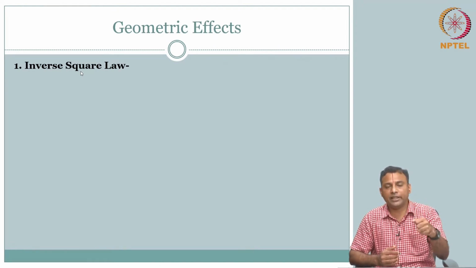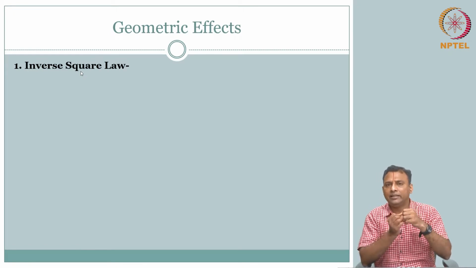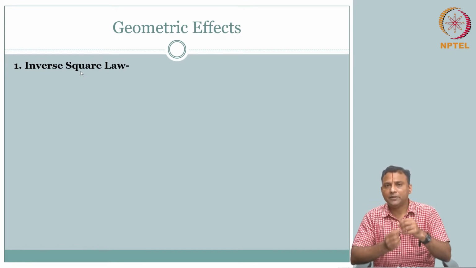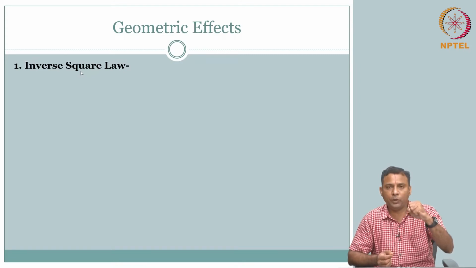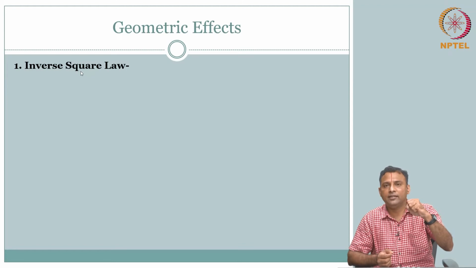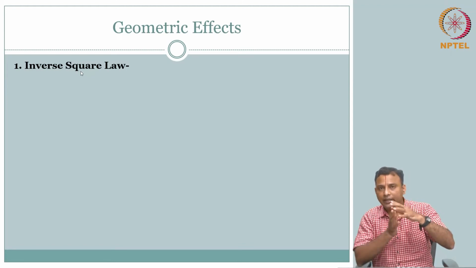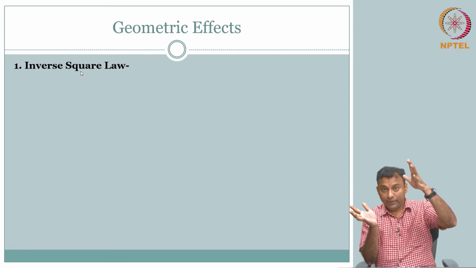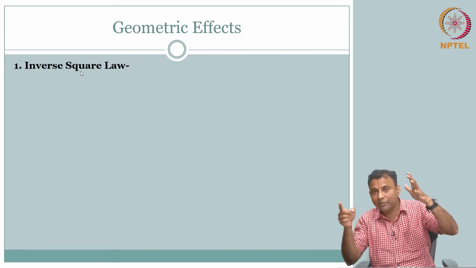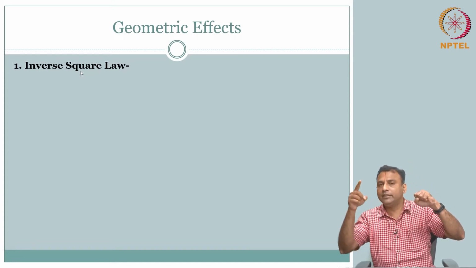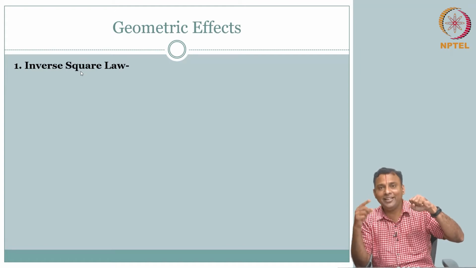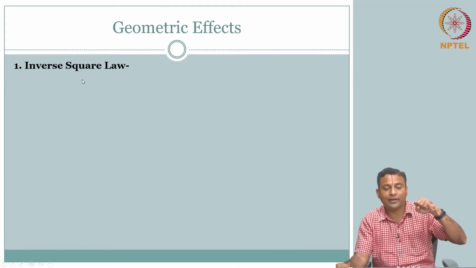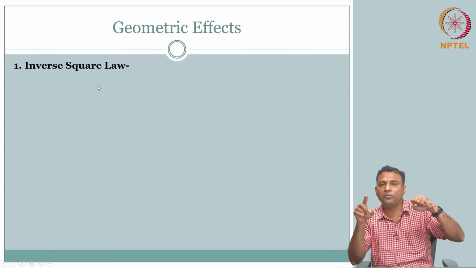Recall from the sketch that we have, previously, it seems like it is diverging, right? So when it is diverging, what do you expect to happen? Oh, at this point you have all of them concentrated. As it moves away from the source, your intensity is going to drop. How is it going to drop? It is going to drop not linearly, but non-linearly. How? Inverse square. So it is going to drop with the distance.